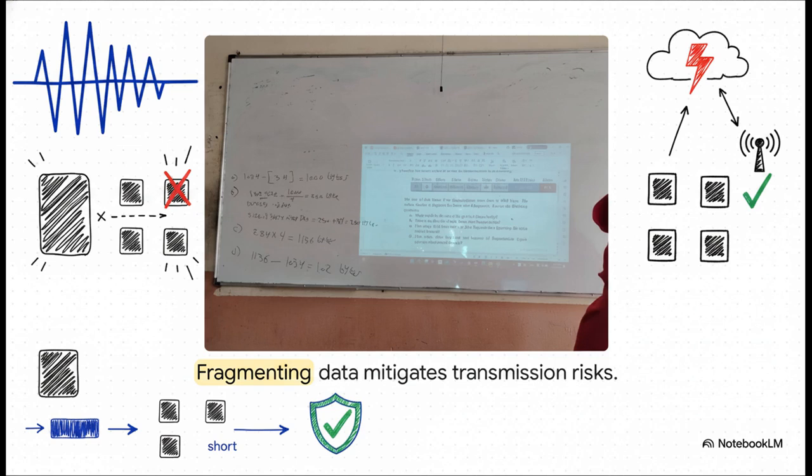Why go through the trouble? Because if a sudden burst of static corrupts the transmission, resending a tiny 250-byte frame is significantly faster and wastes way less bandwidth than having to resend the entire original massive frame. It's all about mitigating risk in a totally unpredictable physical environment.